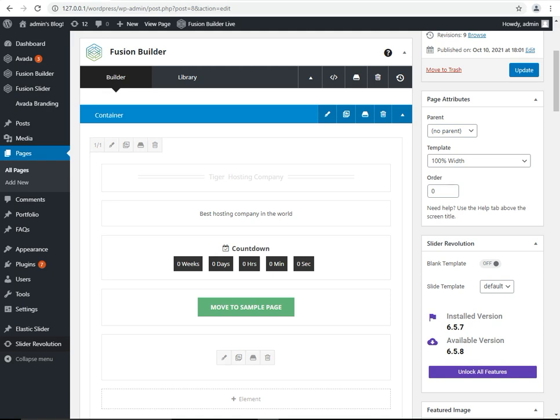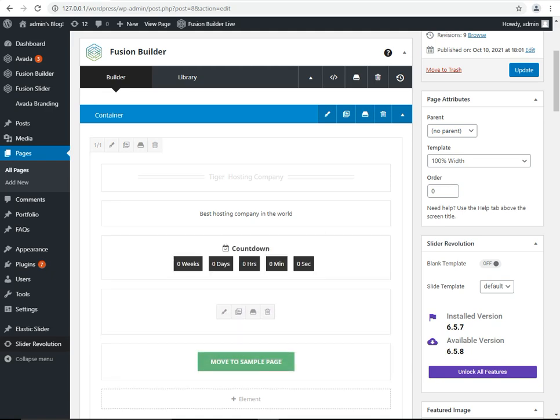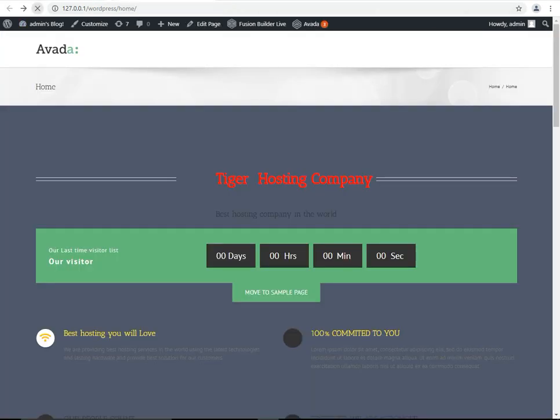And I am going to add this before this. You can move different types of sections from one place to another place. Press the update button. After a few seconds, system will update this. Press here and press the refresh button. We will get this added. This will separate the different sections.